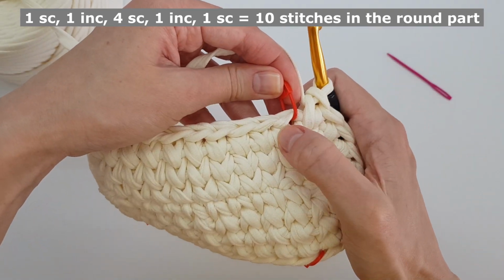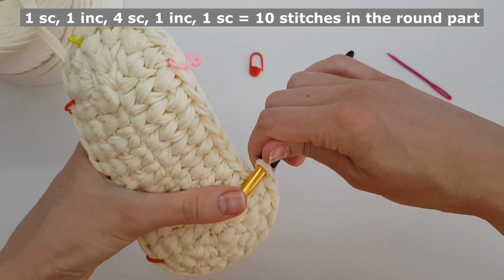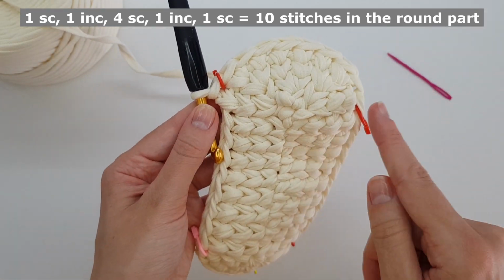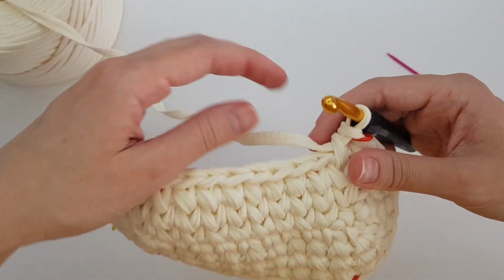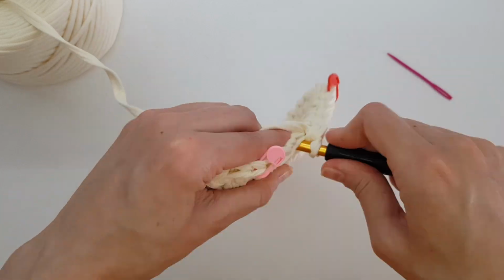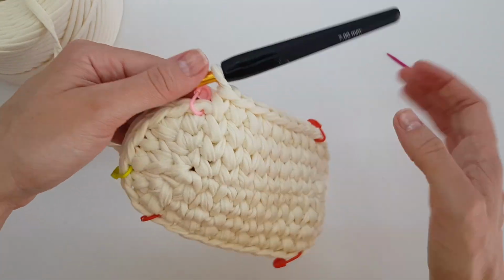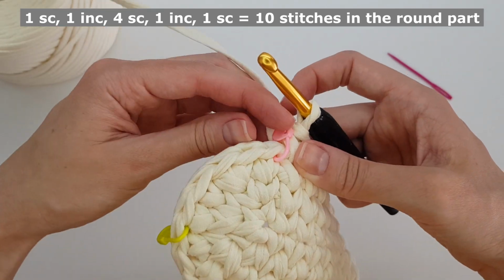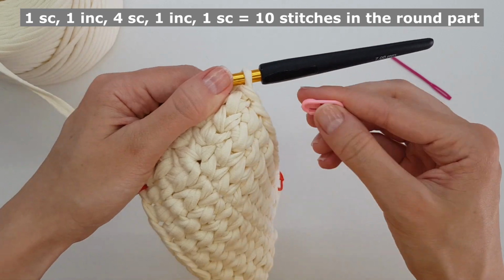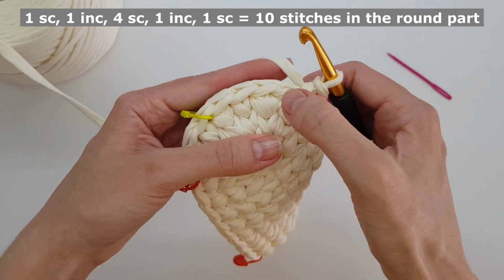And one single crochet. We have finished the round part, which in this row contains 10 stitches. The middle part, in the round part, one single crochet, and increase into the second stitch from this side,